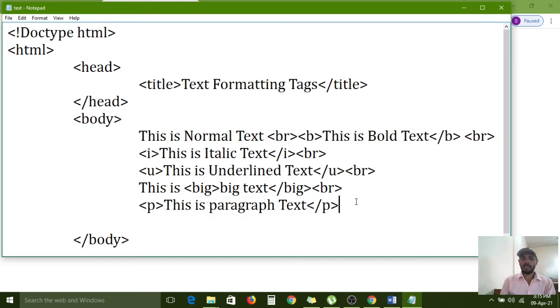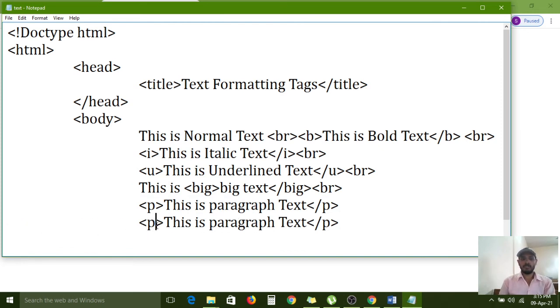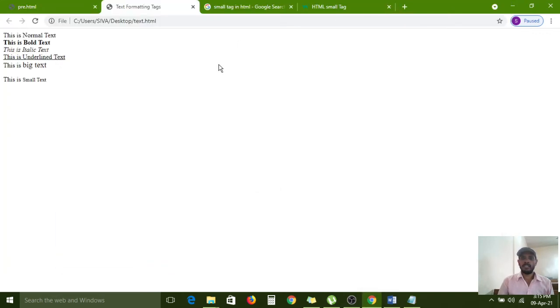The difference between the paragraph tag and small tag you can see right now. And this is also small tag. Small. Again I am saving, again I am refreshing. So there is no difference here also.